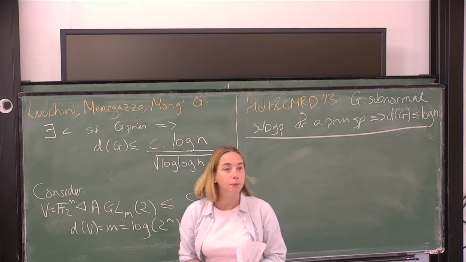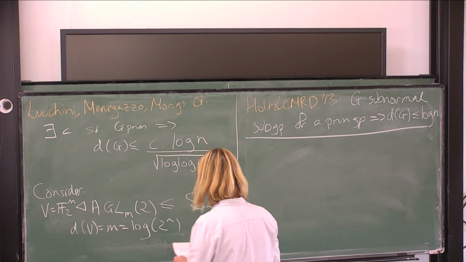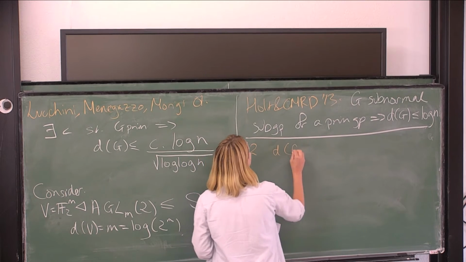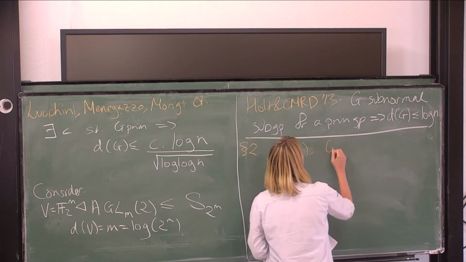That's enough, I think, now for permutation groups. Let me tell you a little bit about generation of matrix groups. So, section 2, I'm still on minimal generation, so I'm still talking about d(G), and I'm going to